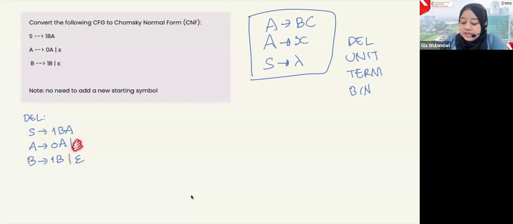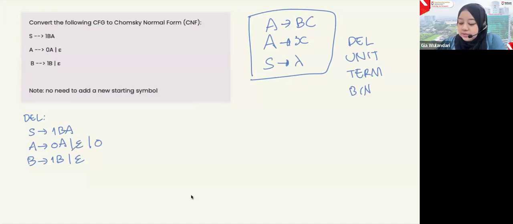If we remove this, it means we need to consider every possible combination where, sorry, if A is empty. So we can add 0 from 0A, because if A is changed into an empty string, we only have 0.